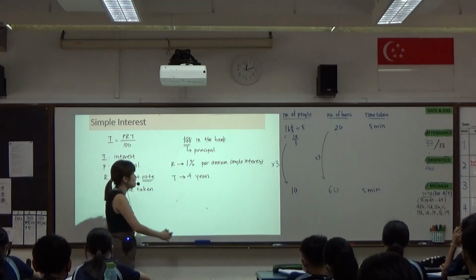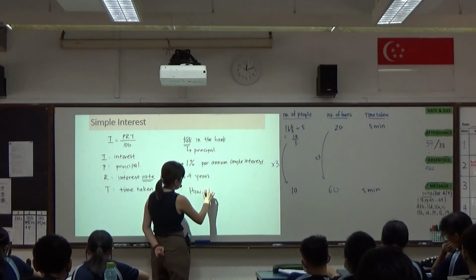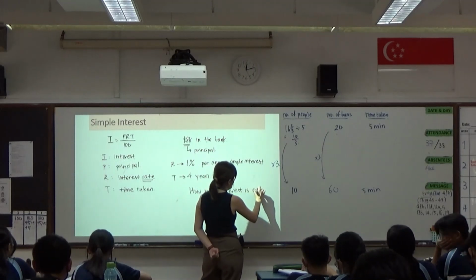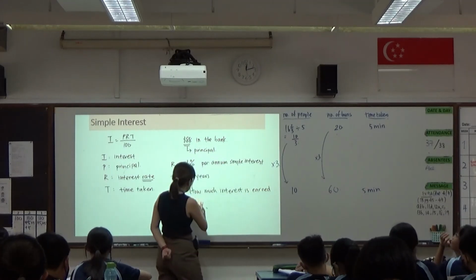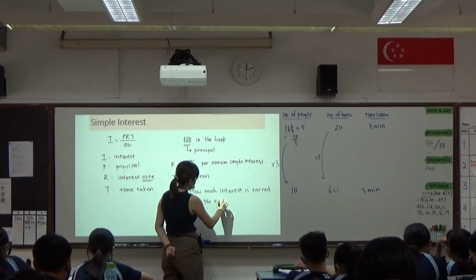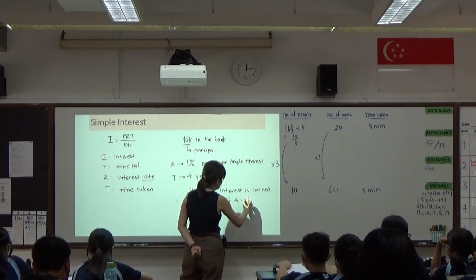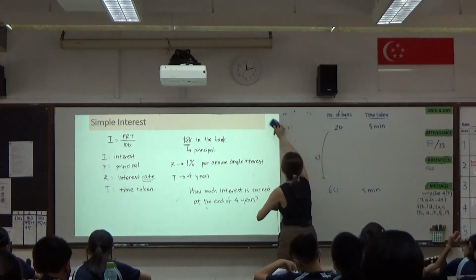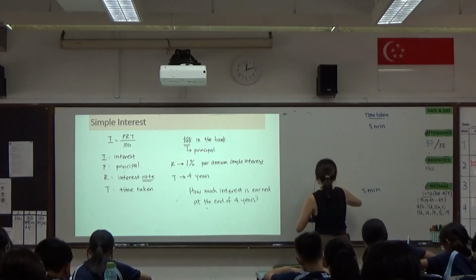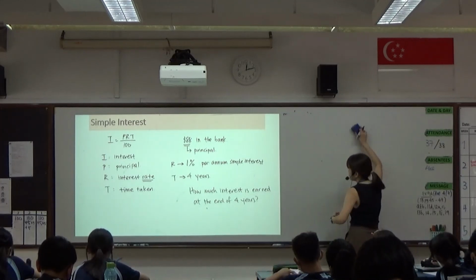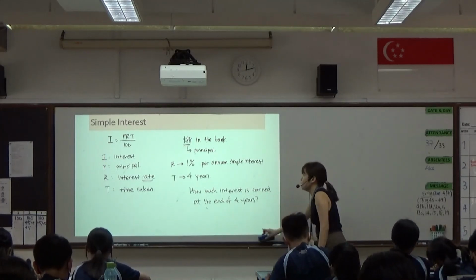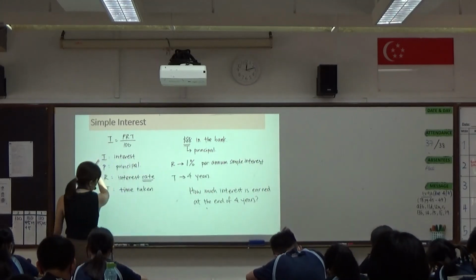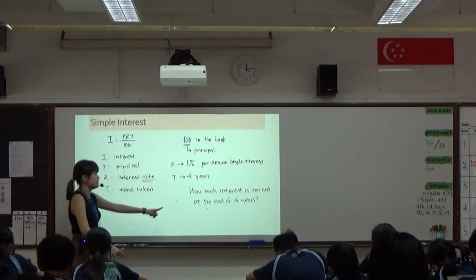We want to know how much interest is earned at the end of 4 years. So this is how we use the formula. The formula tells us that the interest amount that we will collect at the end of 4 years